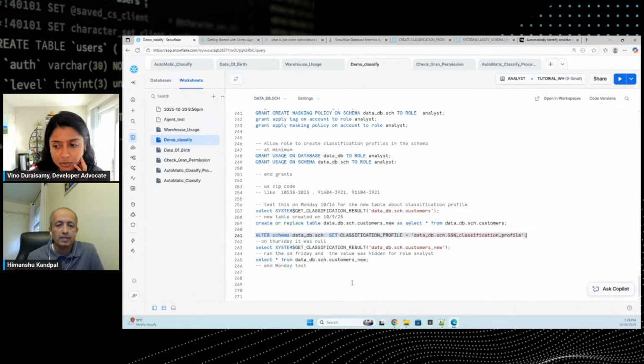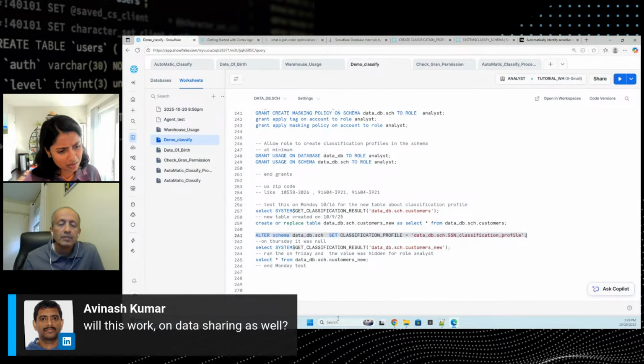Awesome. And I don't know, will this work on data sharing as well? Avinash has a question, but I wonder how data sharing and this are tied. It should work. I have not tried it on data sharing, but technically, looking at the definition, if your data share is exposed,